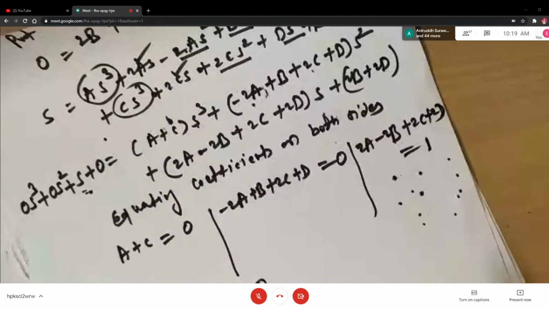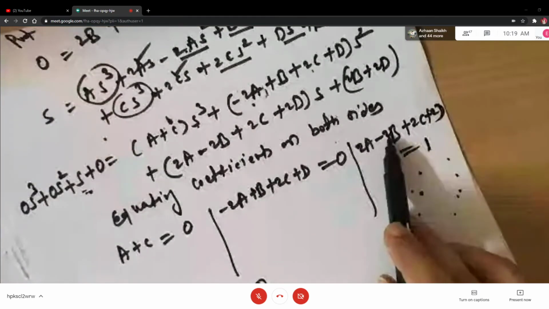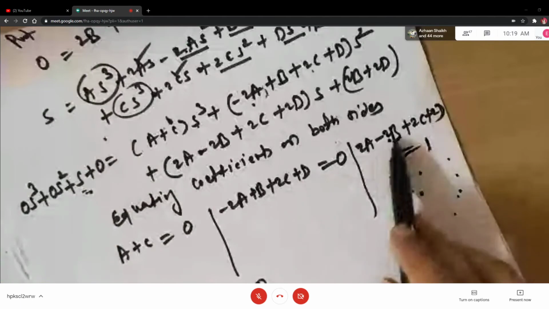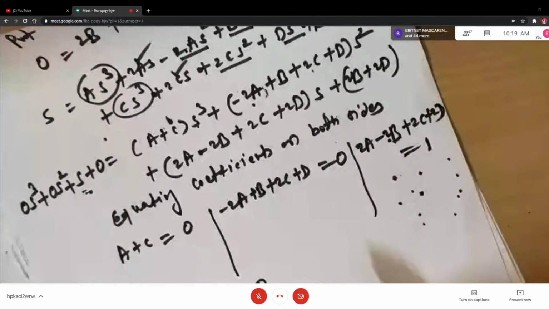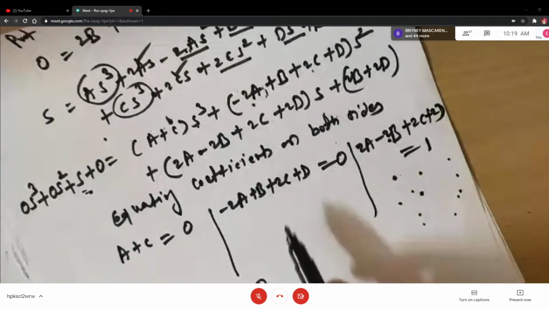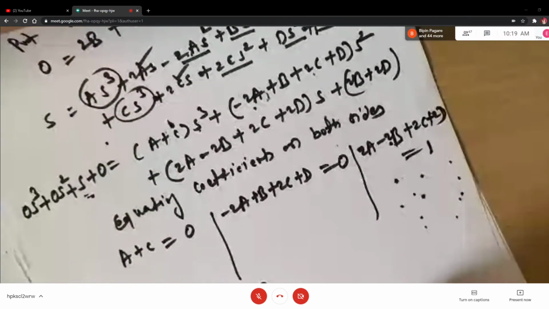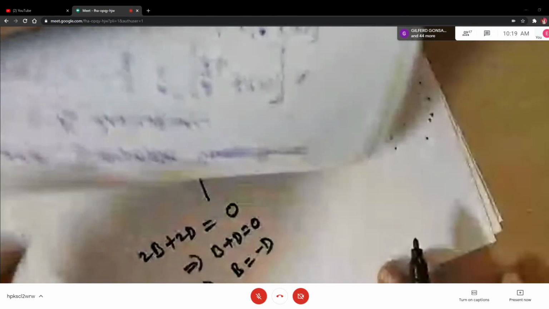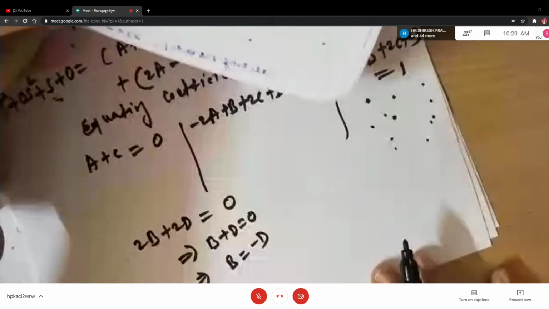Okay. Now see what you do is you can add these two equations, students, second and third. When you add these two equations, the term in a will get cancelled and you will get the equation in terms of b, c and d, right? But b is equal to minus d. So what you have to try is you have to try to get two equations with two unknowns. Like either two equations in terms of b and d or two equations in terms of a and c. And slowly you will get the values of the constants one by one. Okay, you try this at home and tell me what you get next time.